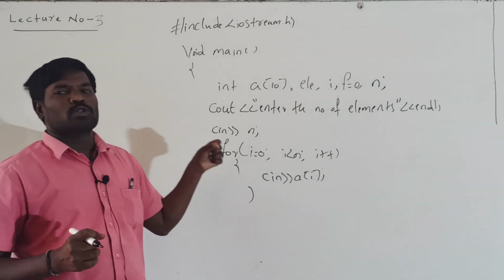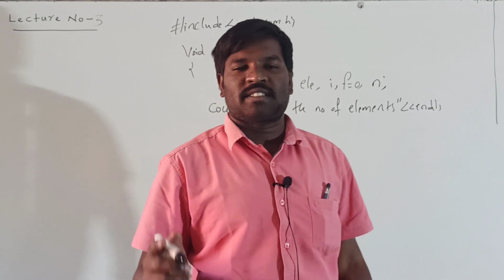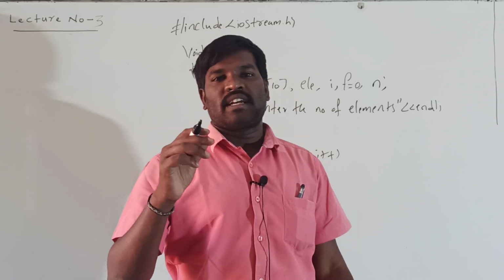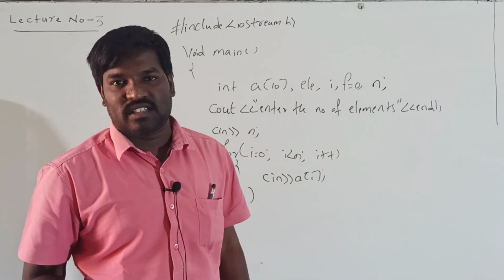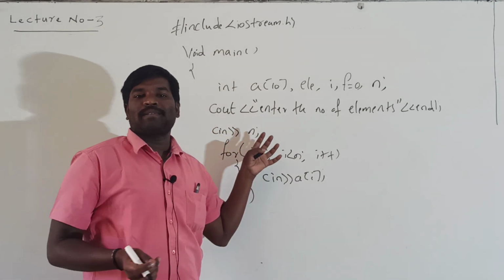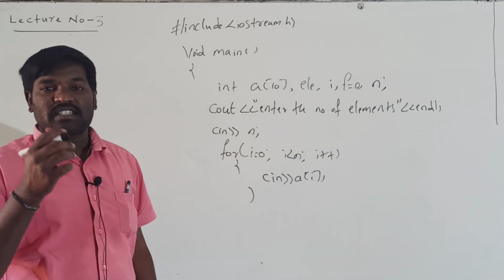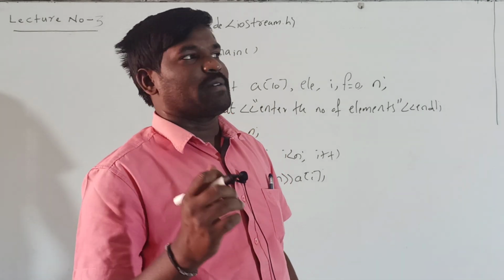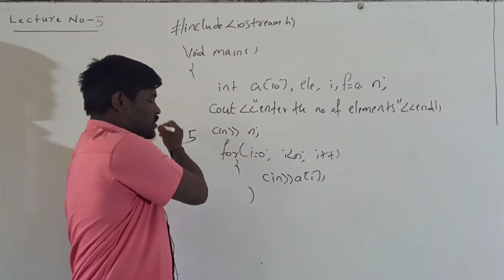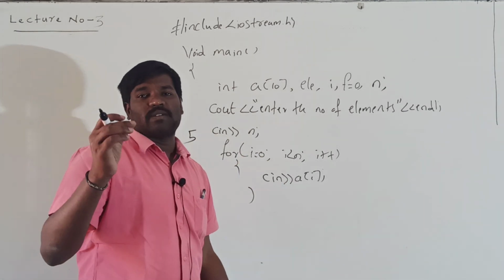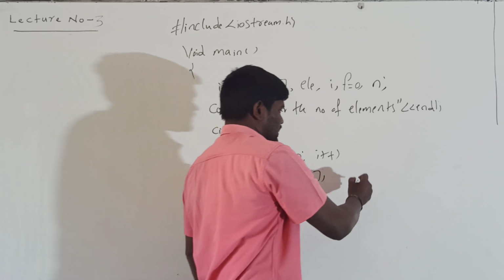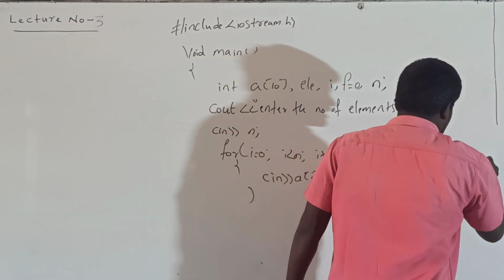Next is the for loop. Why do we have to include the for loop? Because array elements means more than one element can be stored in a single variable. So at a time you can give more than one input value to the system. That's why I write the for loop. For loop means the statements will be executed a fixed number of times based on the initial value. Here 0 is there, here n is there. If I give the input value as 5, then 0 to 5 means the loop will be executed a total of 5 times. Okay, so I can enter 10, 20, 30, 20 and 50.